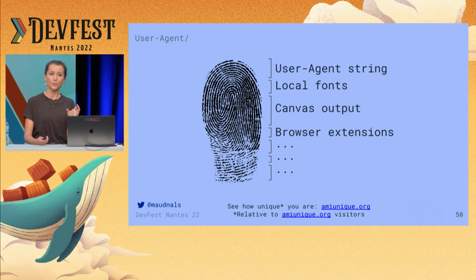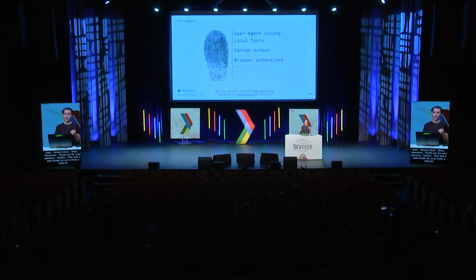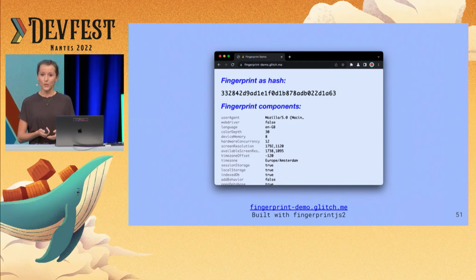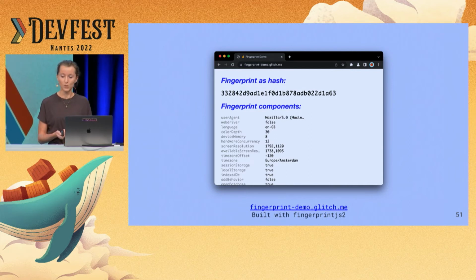And this fingerprint can be used for important safety purposes, for example, fraud detection. But it can also be used to track you across sites in a way that's called covert tracking, because there's no easy way for you to know that this is happening as a user. You can actually try it out in this little demo I built, and it's super simple because it uses a popular fingerprinting NPM package, which is called FingerprintJS. It's really easy to do.